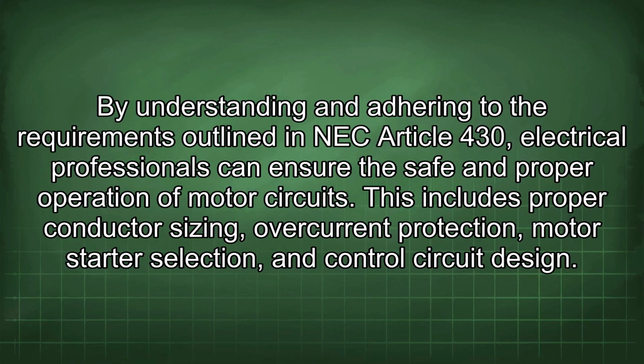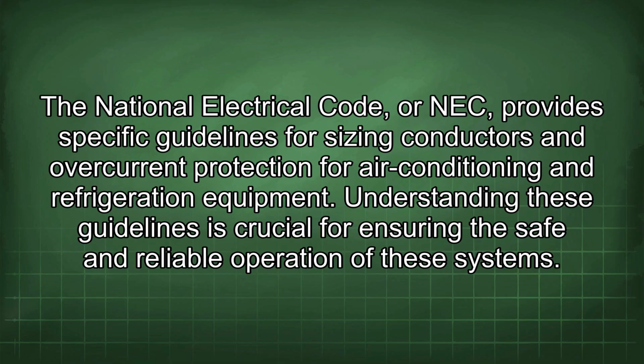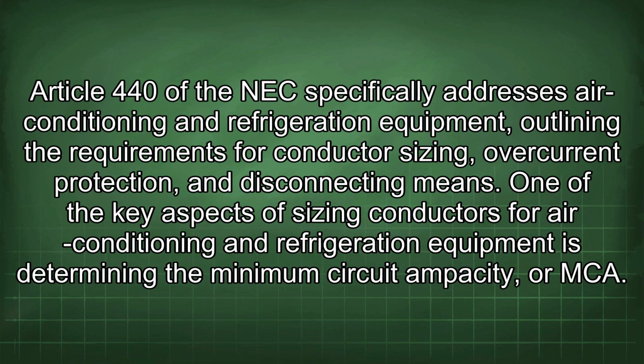This includes proper conductor sizing, overcurrent protection, motor starter selection, and control circuit design. The National Electrical Code, or NEC, provides specific guidelines for sizing conductors and overcurrent protection for air conditioning and refrigeration equipment. Understanding these guidelines is crucial for ensuring the safe and reliable operation of these systems. Article 440 of the NEC specifically addresses air conditioning and refrigeration equipment, outlining the requirements for conductor sizing, overcurrent protection,